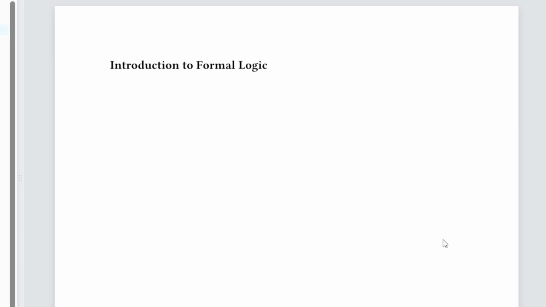This lecture is an introduction to formal logic. An important starting point is sets. So you want to think about how to define sets. You could list all the members of a set. That is to say,